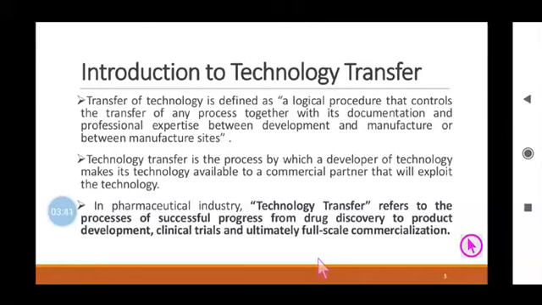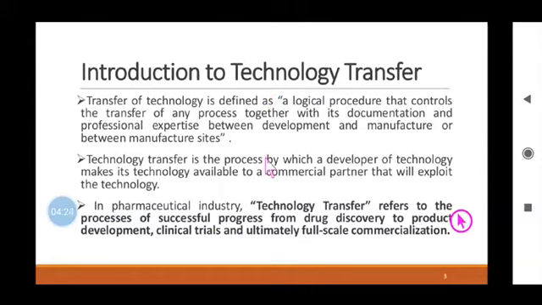He can be a person who is an academician, or who is a person having his own lab, or accidentally someone finds a new process, a new technology on the basis of his own experience, own studies, and such a technology is needed to be transferred if it is to be commercialized. But the person who is discovering this thing has no capacity to produce it at a large scale, and here comes the role of technology transfer.